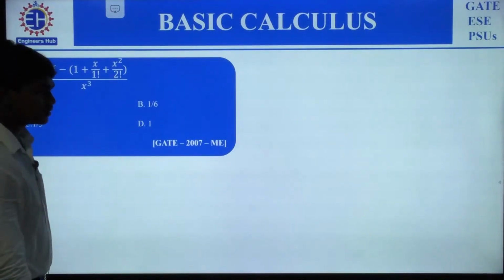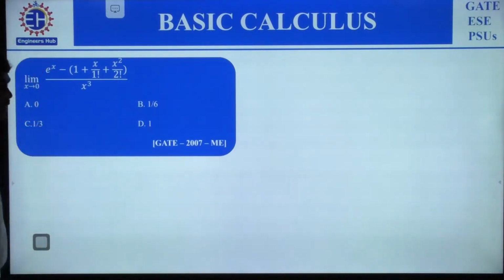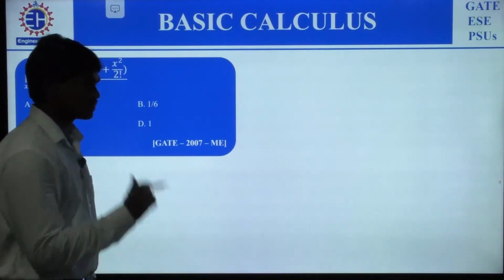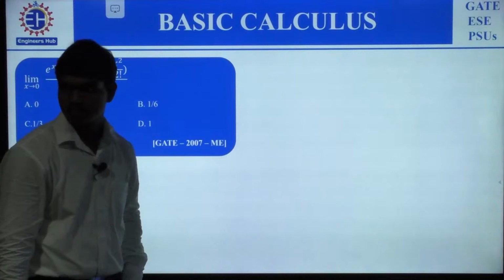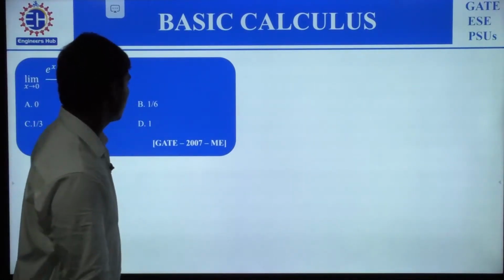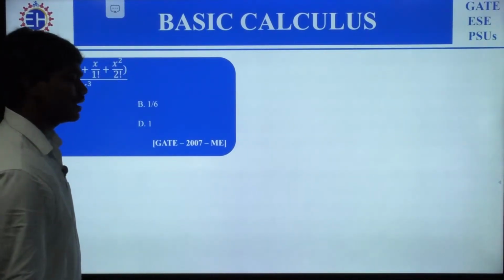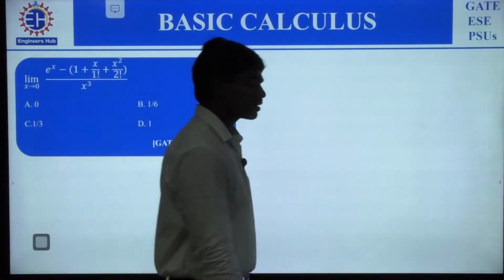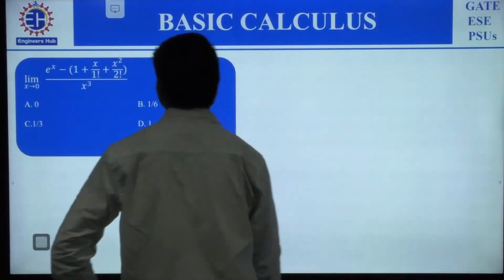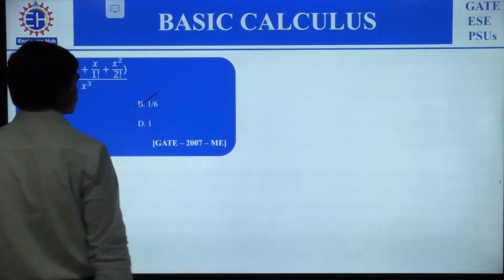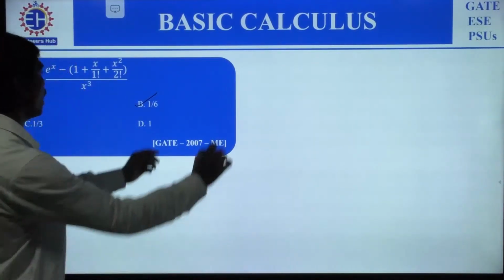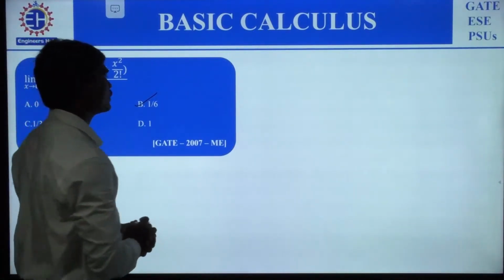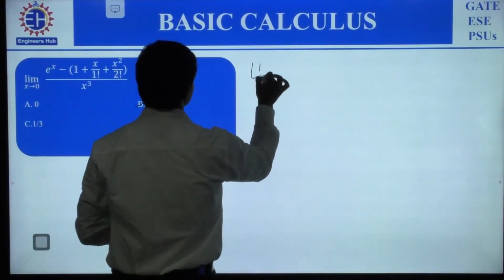What's the answer for this? One. No, it's not 1. Try. It's a good limit. 1 by 6. Yes, the answer is 1 by 6. Now let us try to see how it's 1 by 6. Okay. First thing, let us adopt the standard procedure that we adopted for the limit x tends to 0,